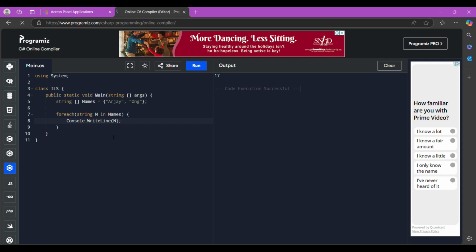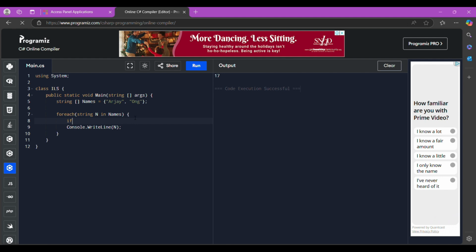So let's see, oh, there's something missing here. After this foreach, we're going to make a conditional statement, an if statement.